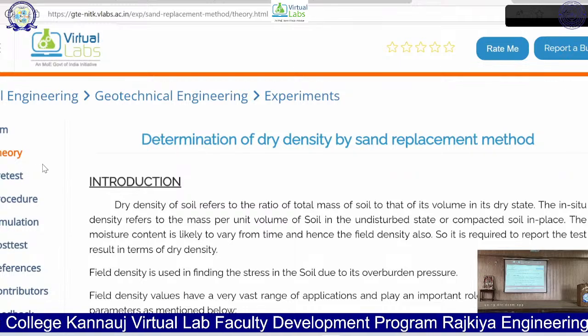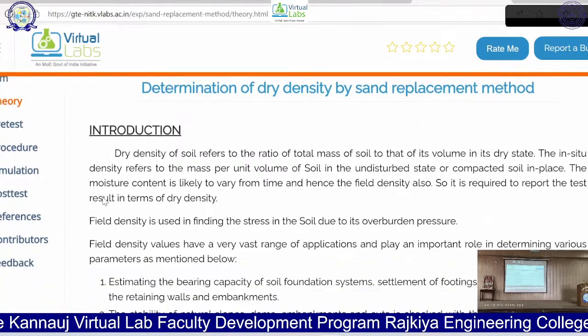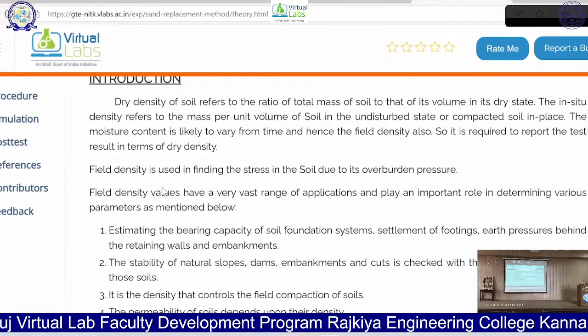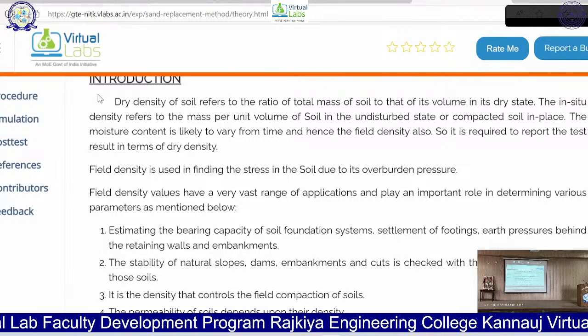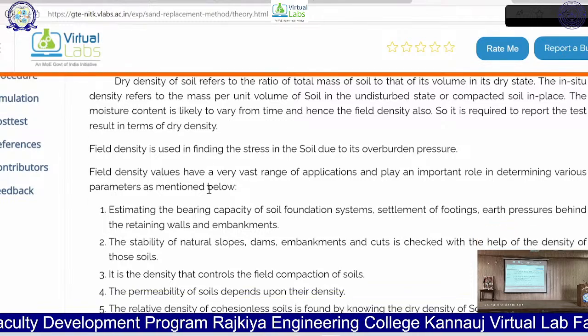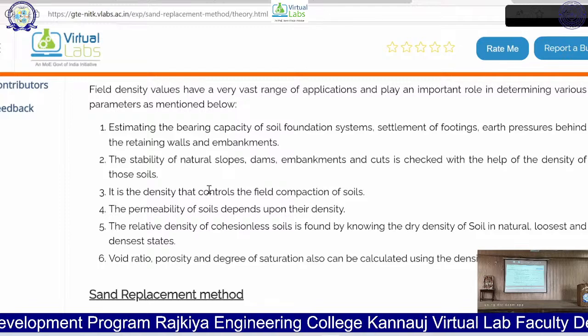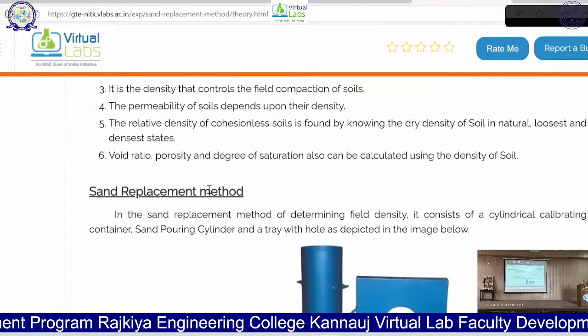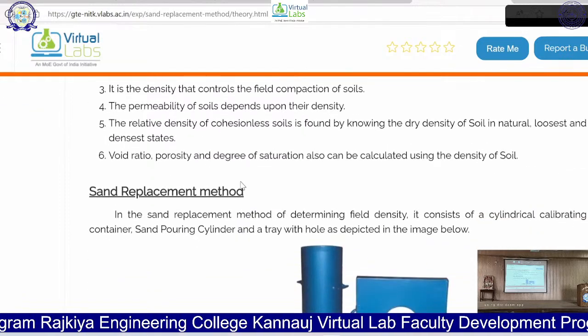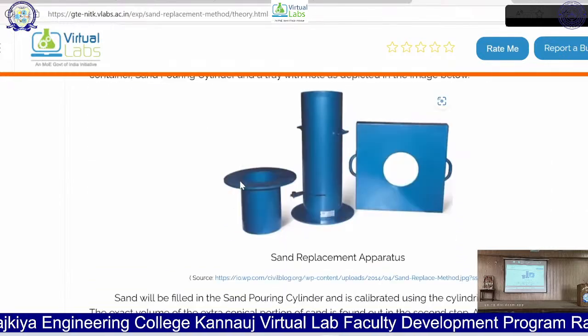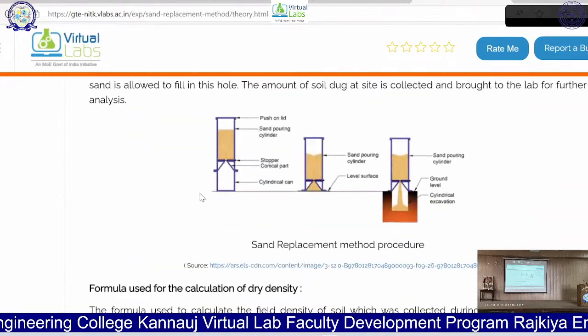The teacher has already taught this. Now the students have to go through it once again just to understand the theoretical concepts. That's why it is available over here.